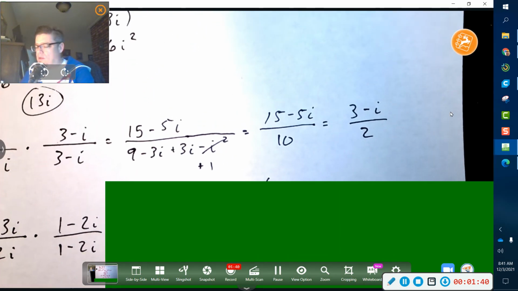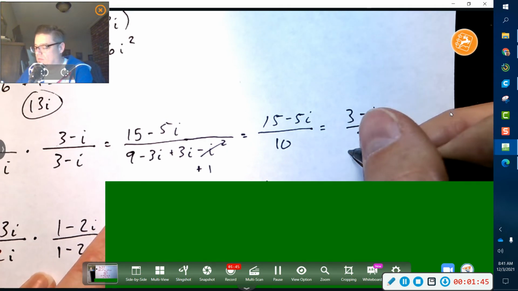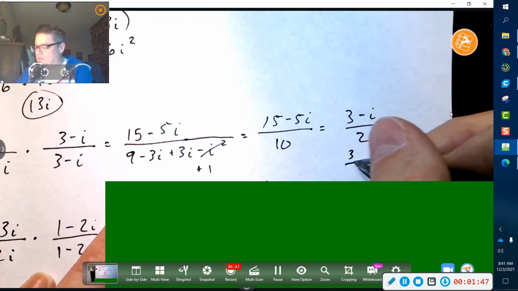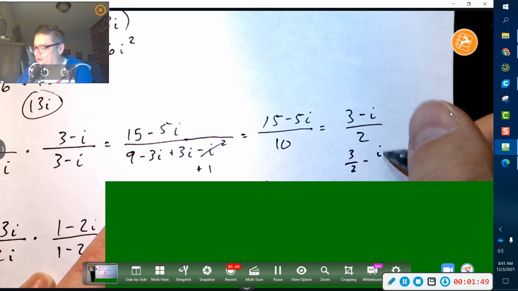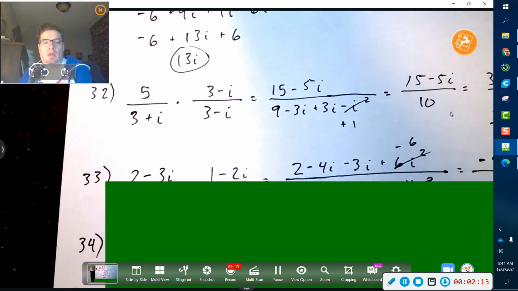Now, one thing that some textbooks do, I don't know if you've looked up the answers in the back of your book, I don't know if you can for topic reviews, but sometimes they will split the fraction up. Okay, they'll split the 2 between the two terms there. And this will be the final answer. It all depends. This is a little old-fashioned. But if you were to go look at an electrician's book, you'll see that they actually split them up. Okay, the real part will be its own fraction. The imaginary part will be its own fraction. That's just how they do it. All right, so